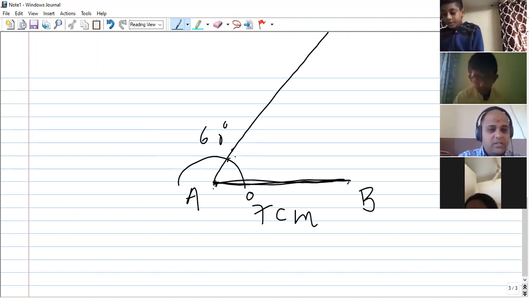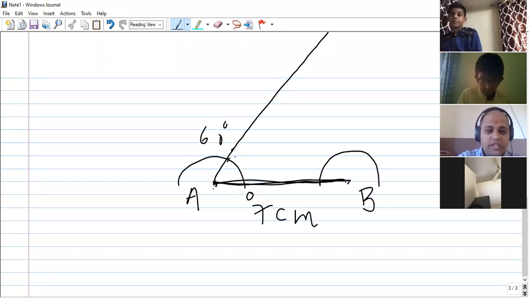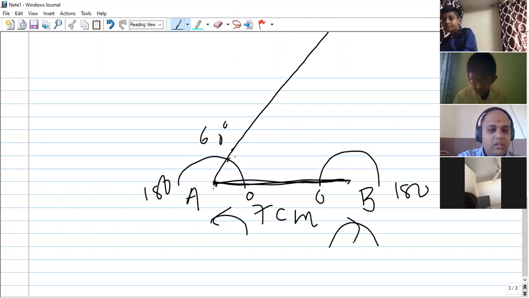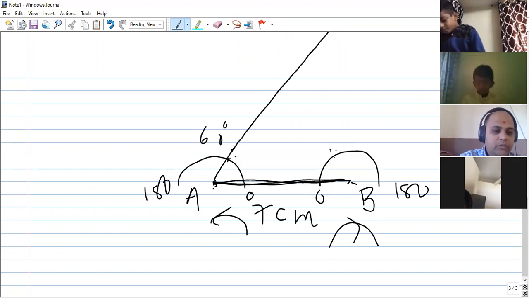Now put the protractor here, from this 0. This is 0 to 180. In this case, we were going from here. So count up to 60, and put a dot exactly at 60 degrees. Do it. Done? Exactly at 60 degrees if you put.